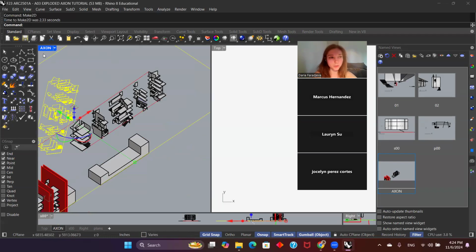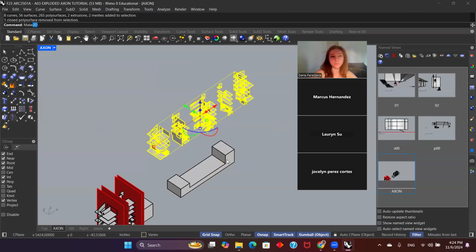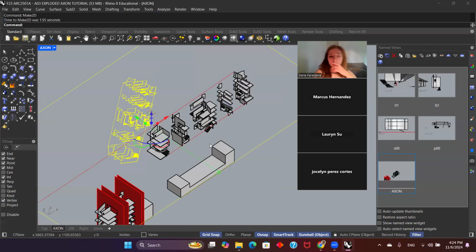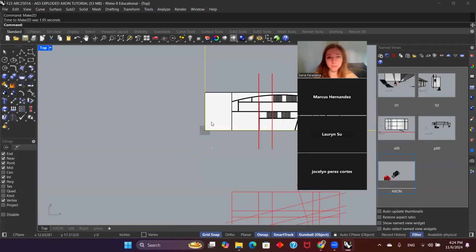Oh, and wait, let me show you what my settings were for this. So I have scene silhouette on, viewport rectangle, you don't really need that, but sometimes it's helpful. And then group output is important, and then maintain source layers, and then view. So axon diagram. Yeah. Then you want to go top view,